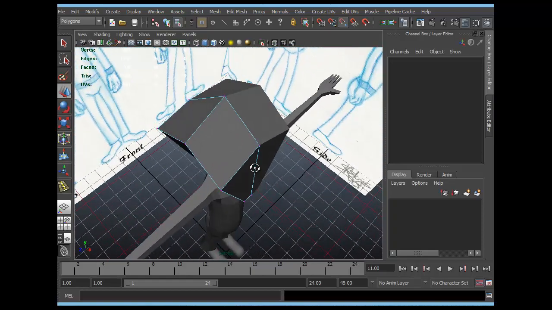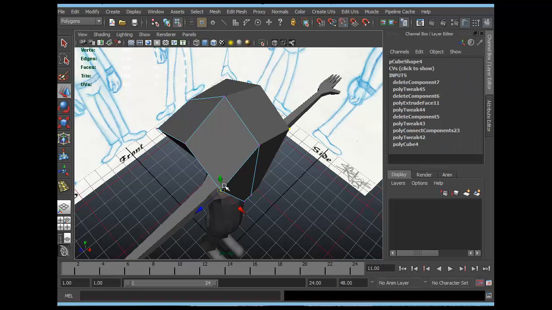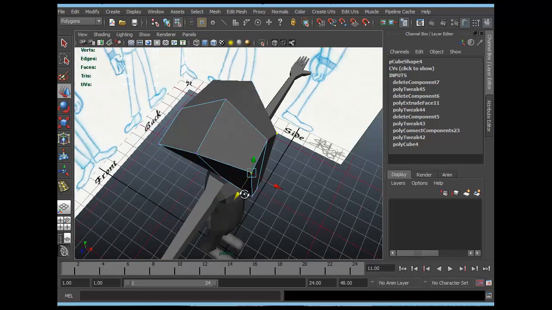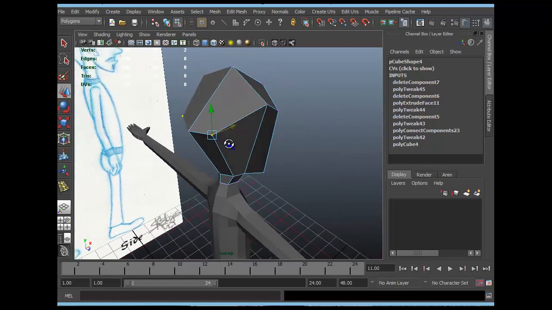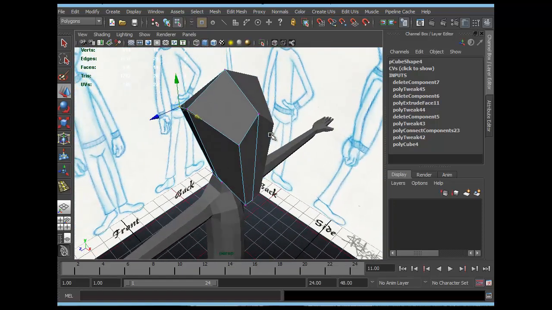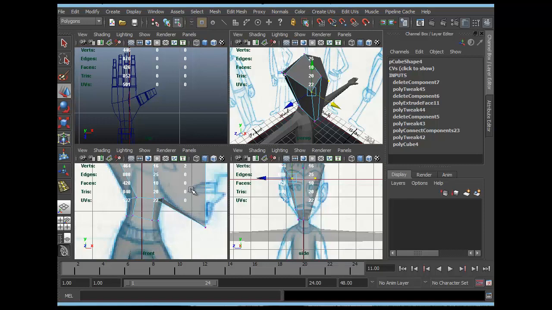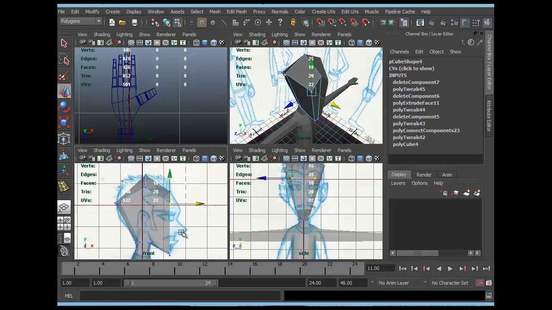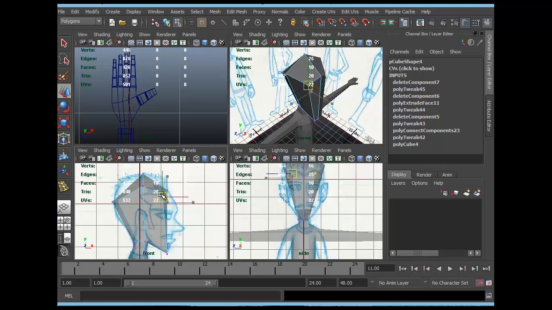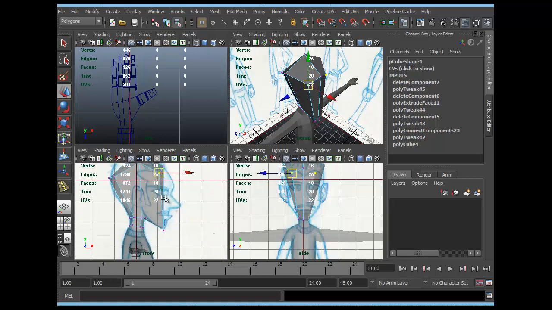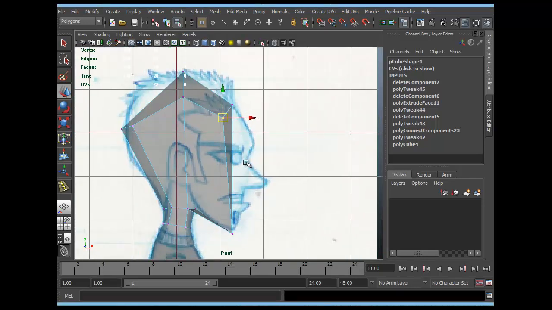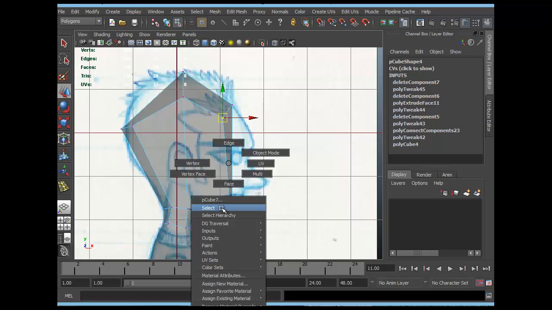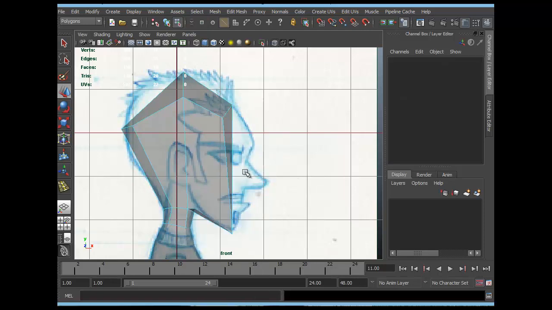Now from the top view, by looking from the top, I can just pull these things closer. I'll turn off the snap, and this also we will have to pull in. Let's look at the other views. Pull this up. Now I will have to add one edge loop horizontally. I will basically have to add a couple of them. I'll start with one. I'll select all these edges,